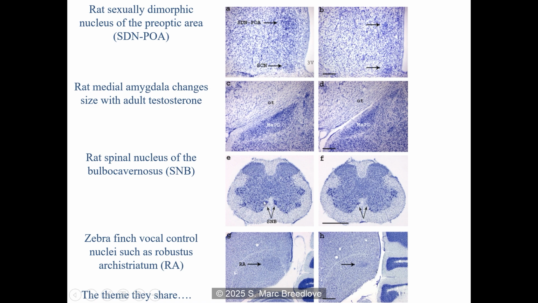And we're going to talk some more in a bit about the spinal cord, where there were sex differences. And the theme that all of these sexual dimorphisms in animals share is that you can make the nervous system as masculine or feminine as you want just by controlling androgen. Right? And typically, if you want a fully masculine phenotype, you have to expose the animal to androgens early in life.